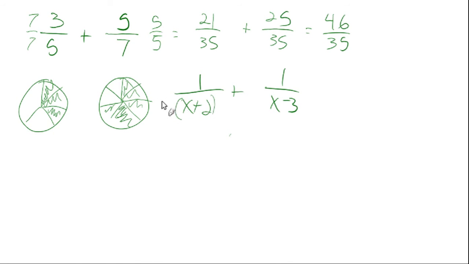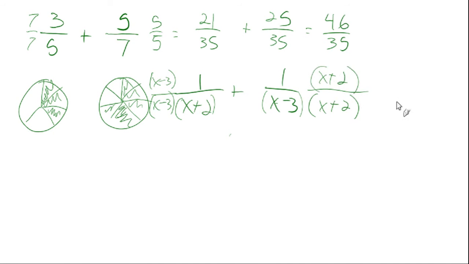So if I multiply this by the other denominator and this by the other denominator, look, we've multiplied stuff together, multiplied this denominator by something, this denominator by something, and the result will be the same. X minus 3 times x plus 2, x minus 3 times x plus 2, the same thing. Of course, we're going to need to do the same thing in the numerator, and the same thing up here in this numerator, and we will get